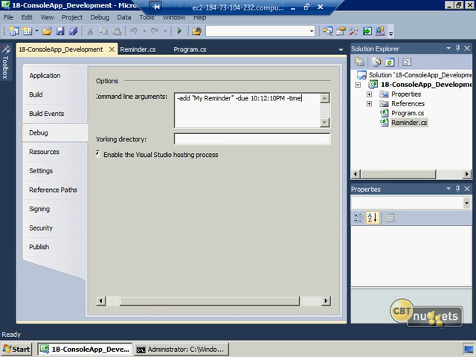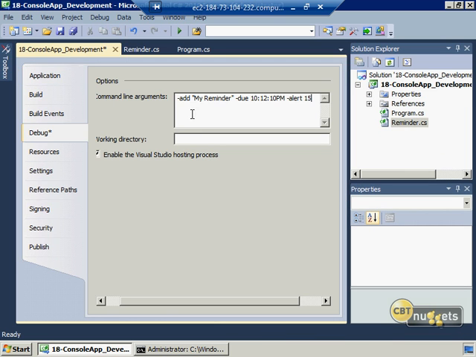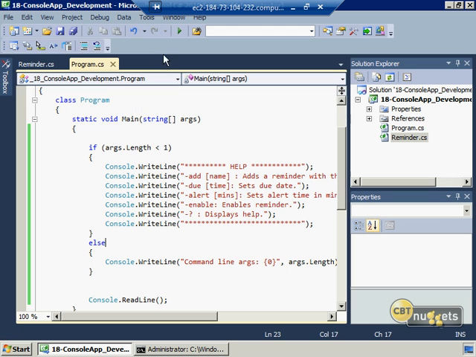Slash time. I think it was alert actually. See, I don't remember what we did already. 15, meaning 15 minutes before then. And just look at the program here. So we do add, do, alert and then enable. So add, do, alert, and we can add the enable flag. All right. So this is a great way to test it out because you just type in all your command lines, their values, save it, and now when we hit run,